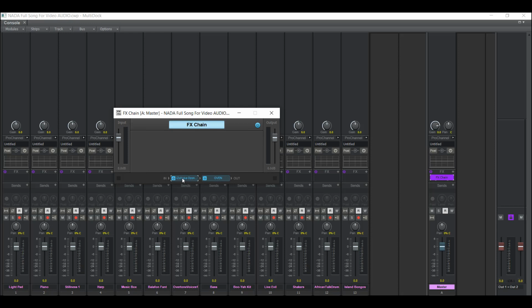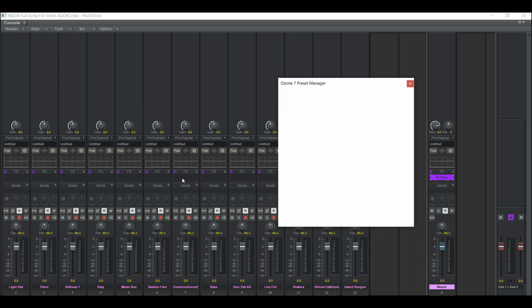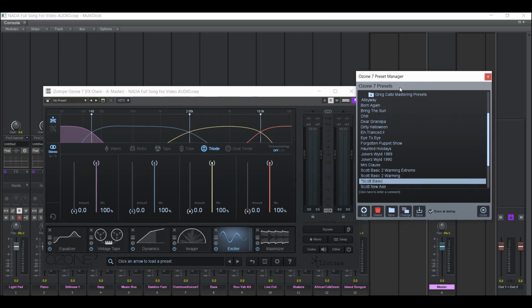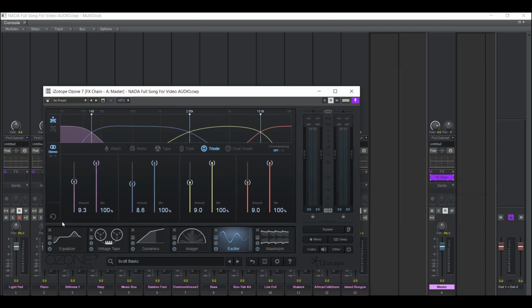For Isotope Ozone, though, that is a little bit different. That is a mastering program in and of itself. So I have inserted that into my mastering chain instead of doing it externally. I've got a bunch of presets saved for different projects, but I do have a generic template that I start with, Scott Basic. So I'll just go ahead and select that one, close this, and